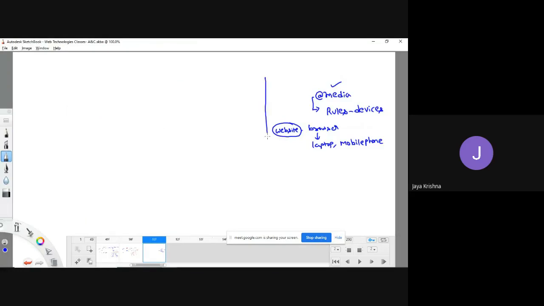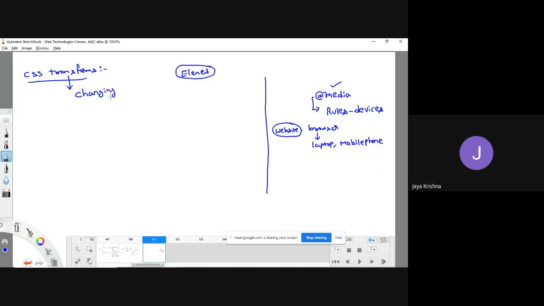Now in today's class, we will see the concept of CSS transforms. Transform means you know it already. The general definition, simply, we call it changing. So changing means what? For example, in CSS, if you take an element, what can this element do?